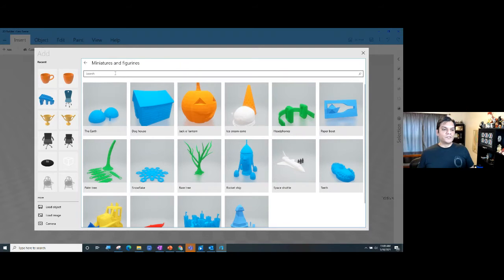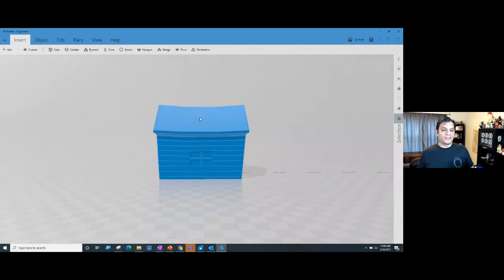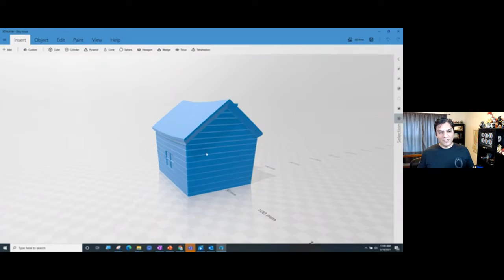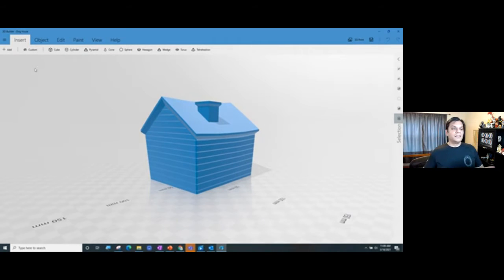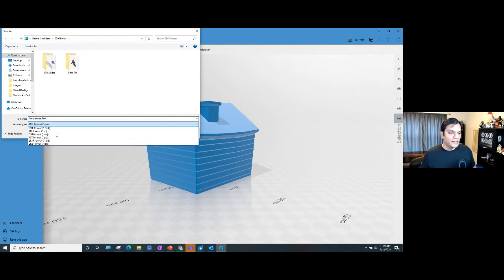I can even do some search, but let's see if I can get, like, a doghouse, right? And now I've got over here the full effect of the doghouse. I can zoom in, I can zoom out, I can start adding some colors, and so on and so forth. But the key thing is now you come back to the hamburger menu, you do save as, and in the save as, you get the option to add this GLB file.